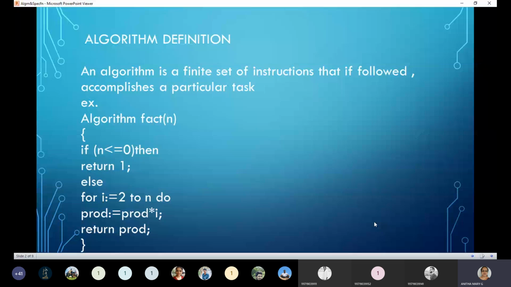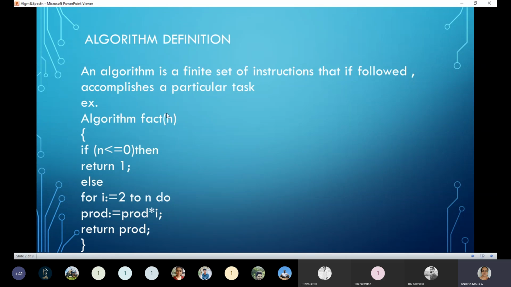We have covered what is the algorithm and what is its definition. This definition says algorithm is a countable number of steps which are done to perform a particular problem and to get its solution. Here I am telling you about some example of an algorithm. These things we'll be studying in detail. For now, we just see this one example. Algorithm is a keyword and fact is a function name. For that we are passing the parameter for that function.